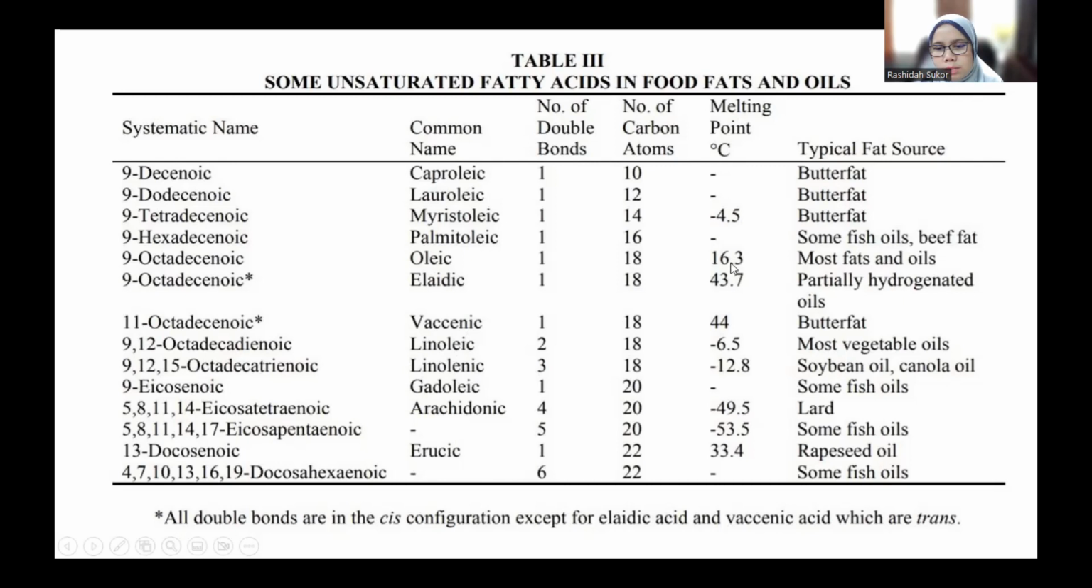Alright, so these are all the melting points. The more saturated, the higher the melting point, and the more unsaturated, the lower the melting point. Typical fat source: this one is in butter fat. Palmitoleic acid 16:1 is mostly in some fish oil and beef fat. Here you see where you can find the type of fat. Arachidonic acid has 20:4. This one is in lard. And then linolenic